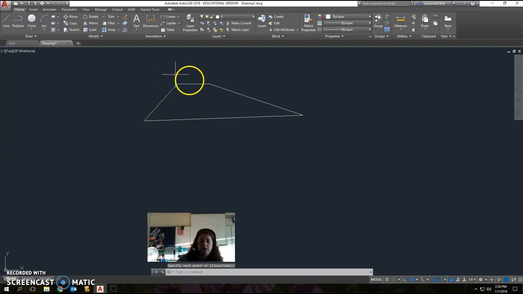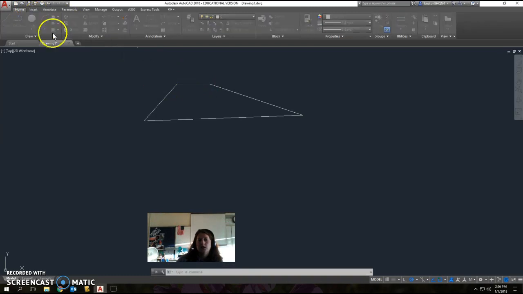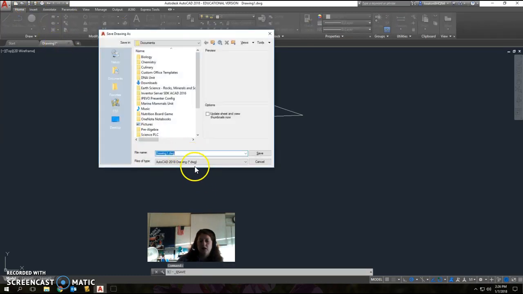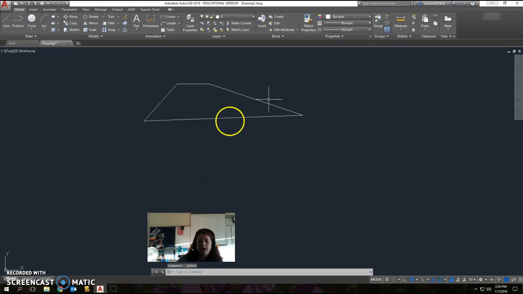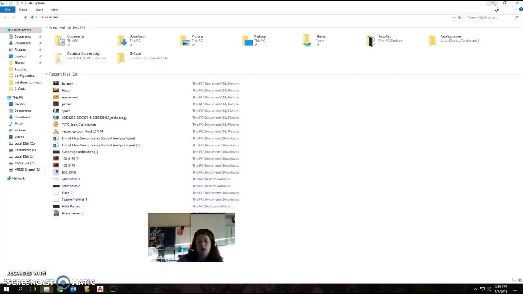But it's like, oh, the bell's going to ring, I need to save. If you just come up here and click the save button, it's just going to save it as a drawing format. And you can see the format right here, drawing DWG. And that's the main way to save it. You can also